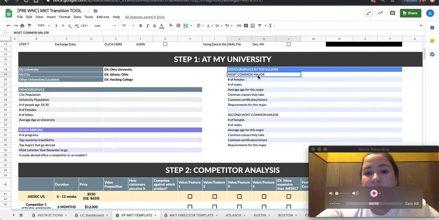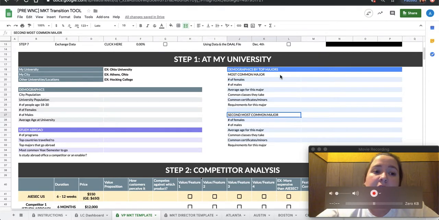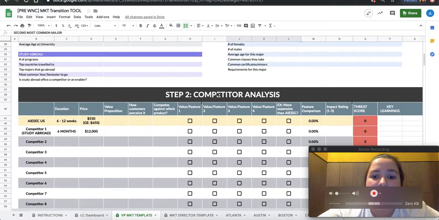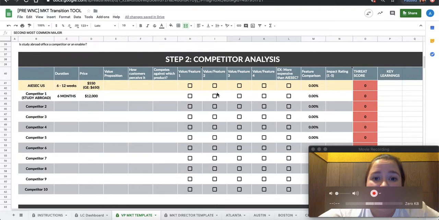On the right here, you're going to go by your most common major and second most common major. So either what's your biggest college at your university, or what is the most common thing that people go into, and then break down the demographics inside of that to let you know exactly who you have a lot of access to. The second one is a competitor analysis, so I will be releasing a video about this one to explain it more in detail,